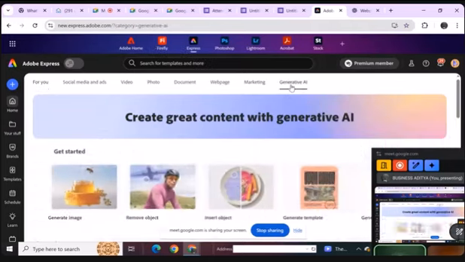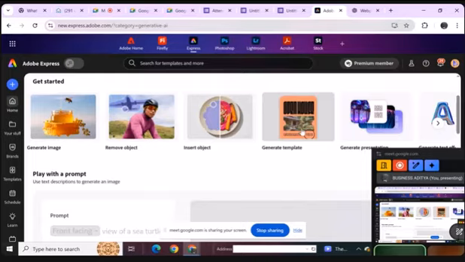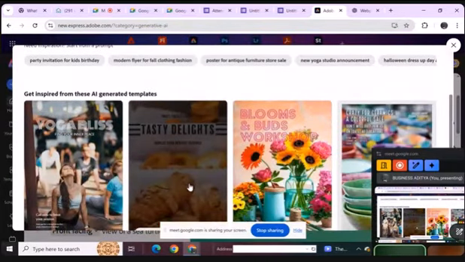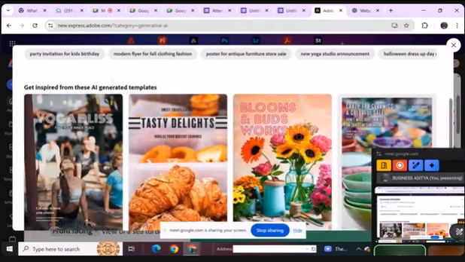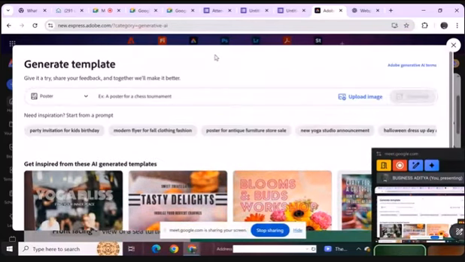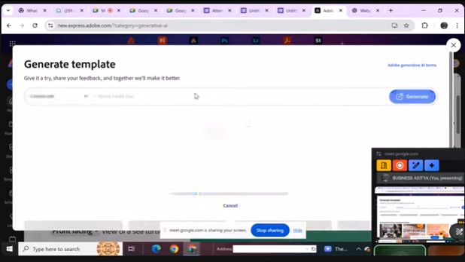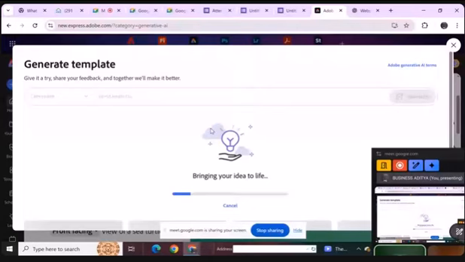Clicking on the generative AI option, Generate Template. This is also a very helpful thing. Suppose you want to work on a graphic template, but you are not able to find one or it's not meeting your requirements. Then you can search here. Suppose you need a poster on Wednesday. And whatever you generate right here,